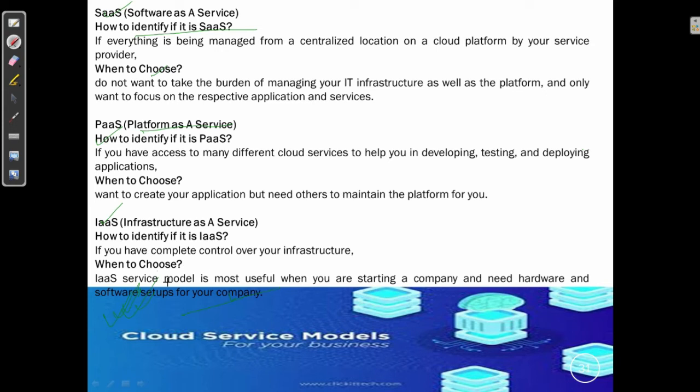You can smartly manage your budget on these resources, and it will also allow you to focus on the business logic and business strategies, rather than worrying about the infrastructure required to run any business.